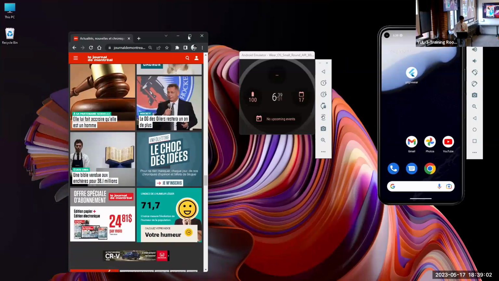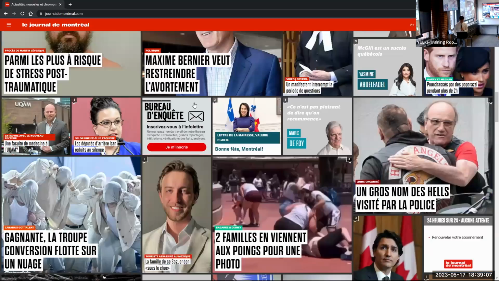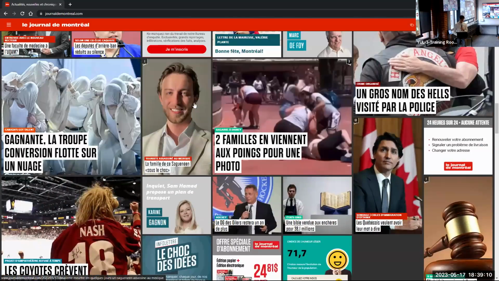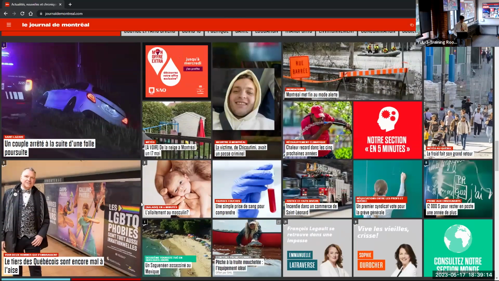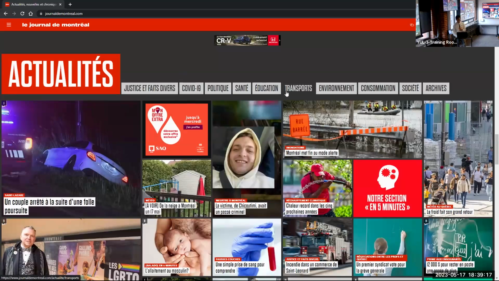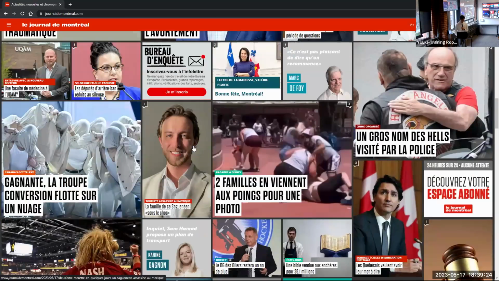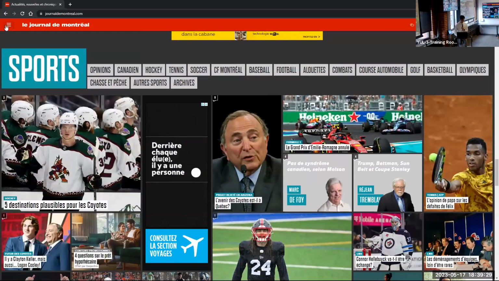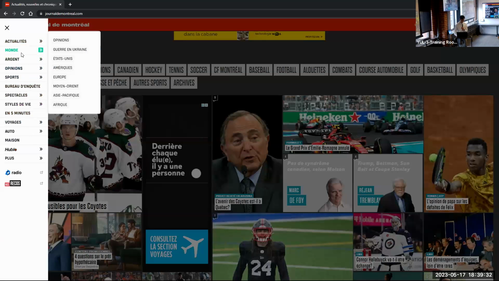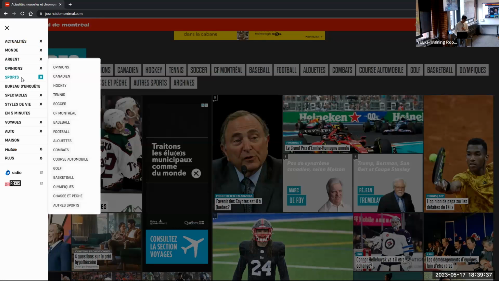So I just want to show you first the website I based my development on. It's just Journal de Montréal. It has a header, squares everywhere. It has some sections. So I call this part sections and this part more categories. I didn't know how to call that. It has different code based on the sections. It has on the side a drawer, and you see that every section has a color, so it's important for the game.